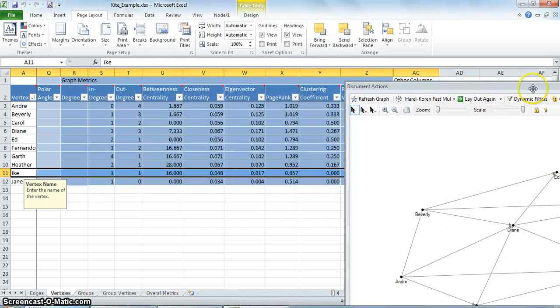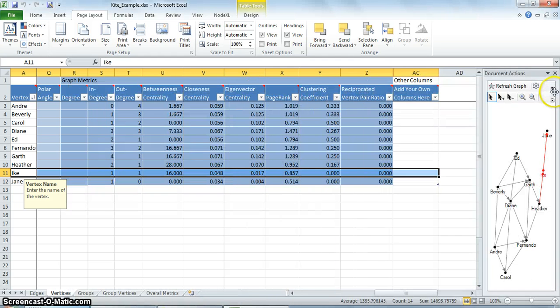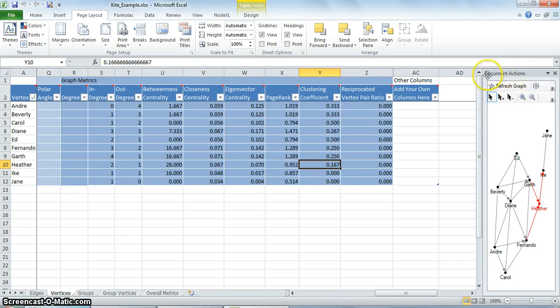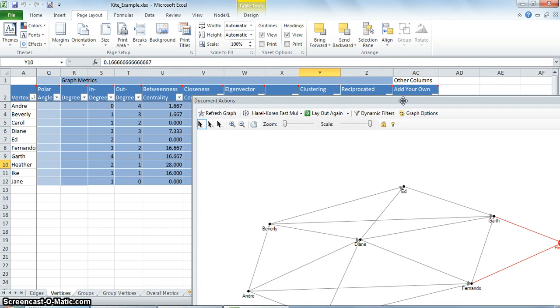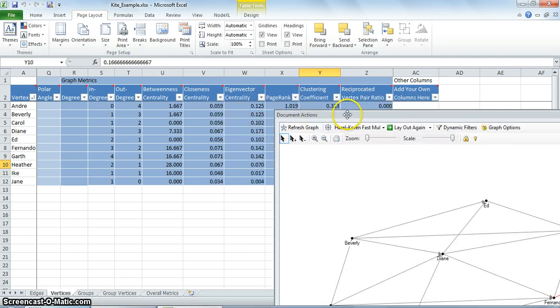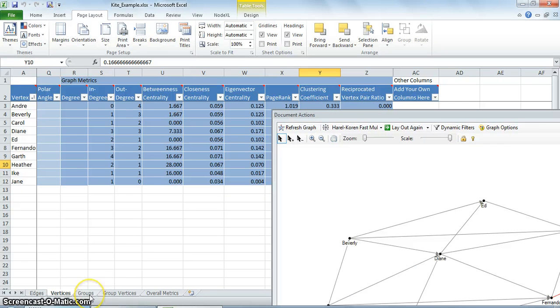So the clustering coefficient for Heather is 1 by 3, which totals up to 0.167. So that explains the various functionalities of the graph matrix.